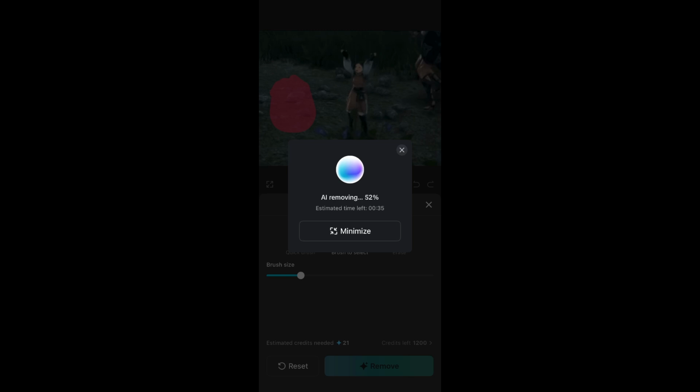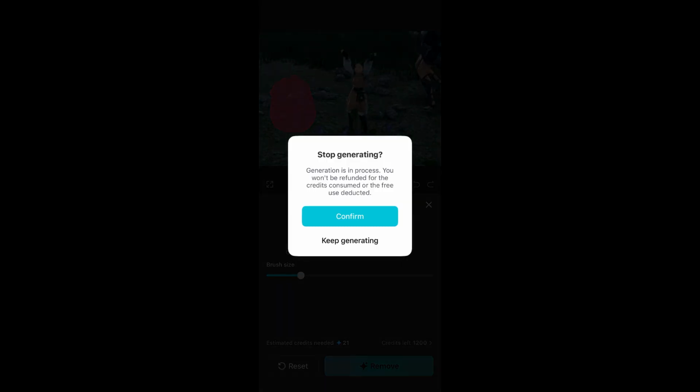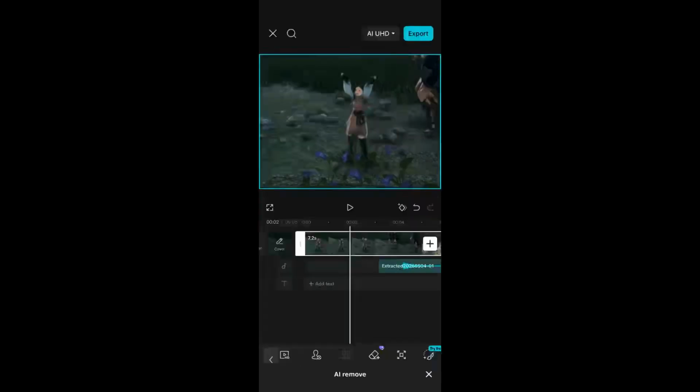Another method is to cover the object with a sticker, text, blur effect, or overlay. Place it over the unwanted object, resize it, and adjust the timing so it stays covered while the object is visible. For moving objects, you may need to split the video into smaller sections and adjust the cover or blur